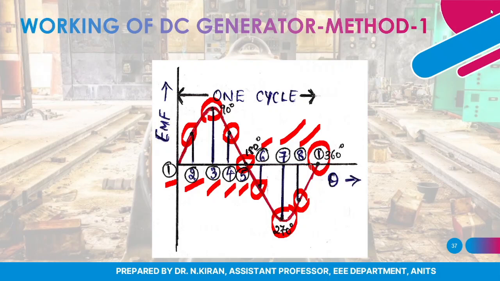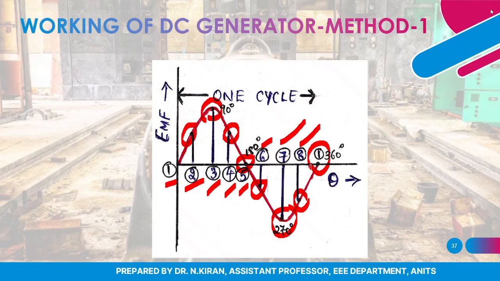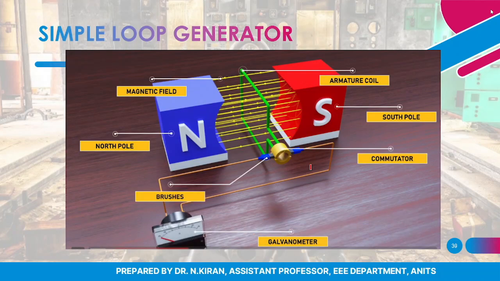alternating in nature. So in order to convert this alternating EMF, we have used a commutator. That is what I have discussed in my last lecture. So that is the working of DC generator. We can also analyze the working of DC generator using my second method, that is as a simple loop generator. So let us consider this is the overview